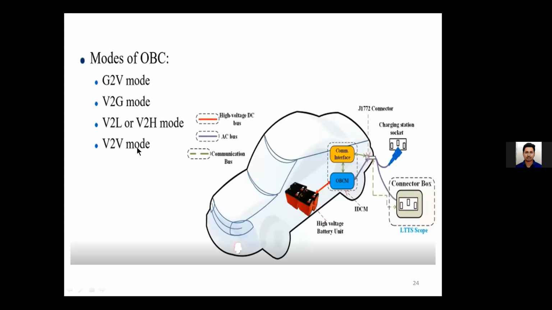Okay. And V2V mode. Especially in India, suppose you go to some remote or rural areas, and let us assume there is no electrification in that particular area, but your vehicle is almost drained or discharged. Your battery level is low. In such a condition, how do you charge the vehicle? Then you can go with the V2V mode, vehicle to vehicle mode, where your vehicle gets charged by another vehicle. So charge can be transferred from the other vehicle to your vehicle, or it can be powered. That possibility is also there. Okay.